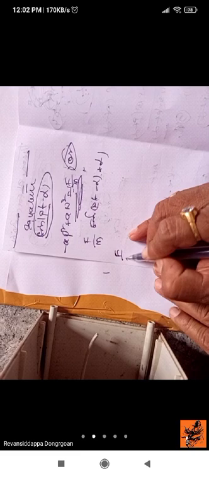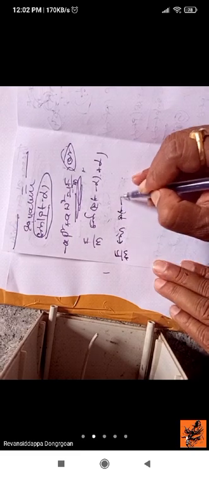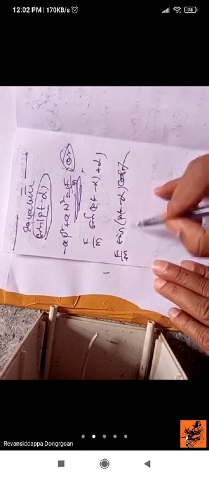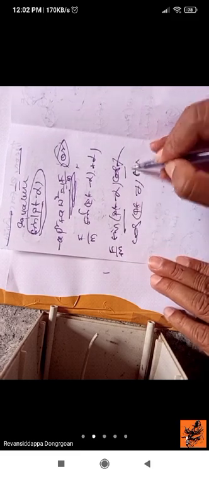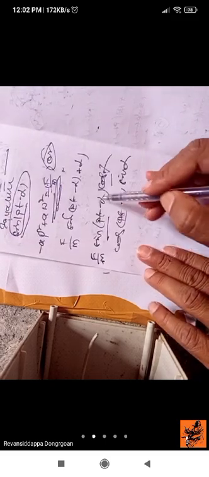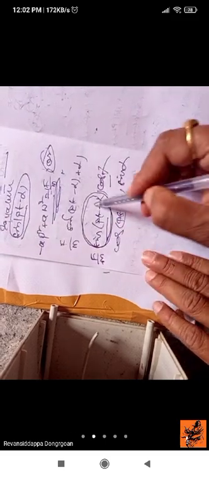How? F by m of sin(pt minus alpha) into cos of alpha, that is sin a cos b, plus cos(pt minus alpha) into sin of alpha. Can I write this? Okay, sin a cos b plus cos a sin b. On the right hand side, whatever sin pt value is there, you write here: a p square on one side, plus a omega square. The second term here is f by m into cos of alpha.